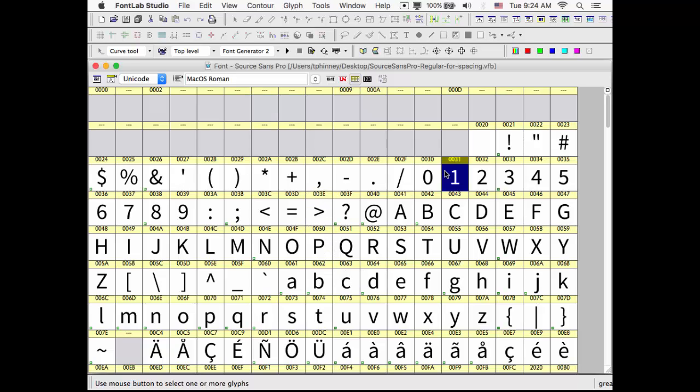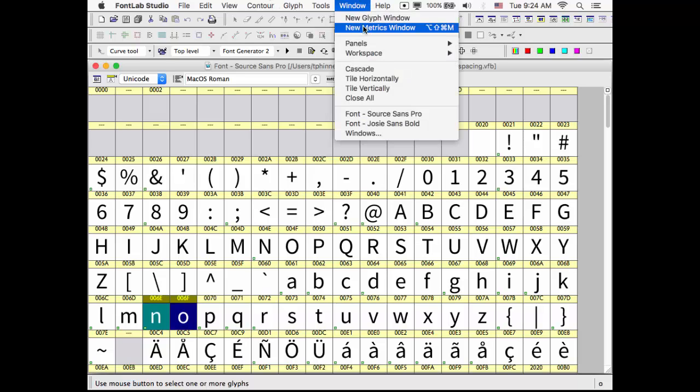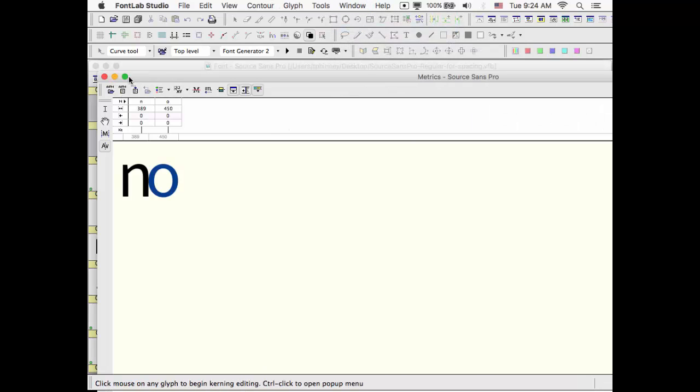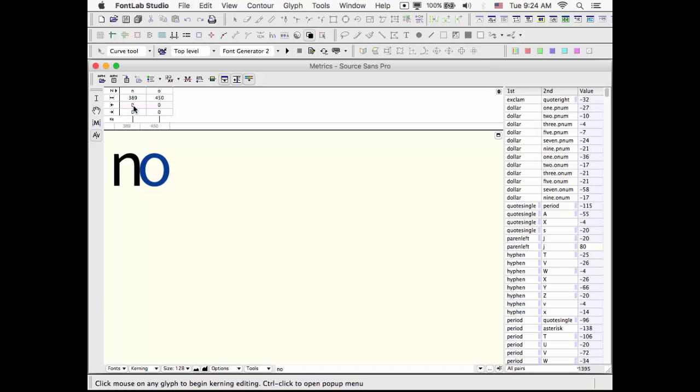So I have here a typeface. This is Adobe Source Sans. It's an open source typeface, and I'm going to open up our friend the metrics window, and you'll notice that it currently has 0 side bearings. How'd that happen? Someone went through and munged this font. The jerk. Wait a minute, it might have been me. Okay, so